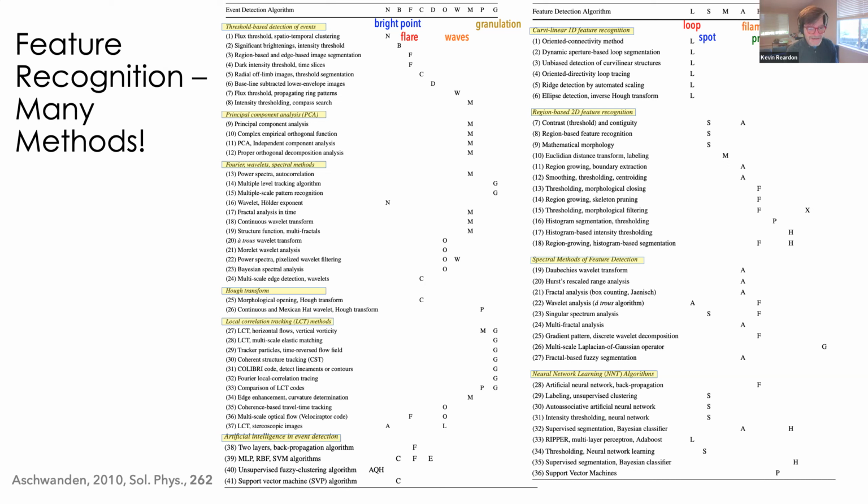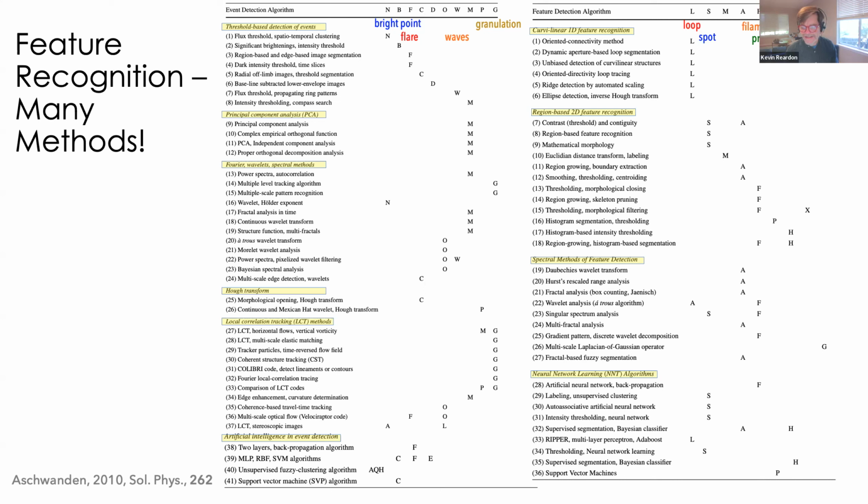Ten years ago, Marcus Eschwanden did this survey of all the different methods, and I don't expect you, and I will not go through all these different methods, but he looked at a lot of different ways of extracting this information, of pulling out different events, different detections for a variety of features, from filaments and prominences to flares and waves. Anyway, there's this whole large zoo of methods, and we won't be